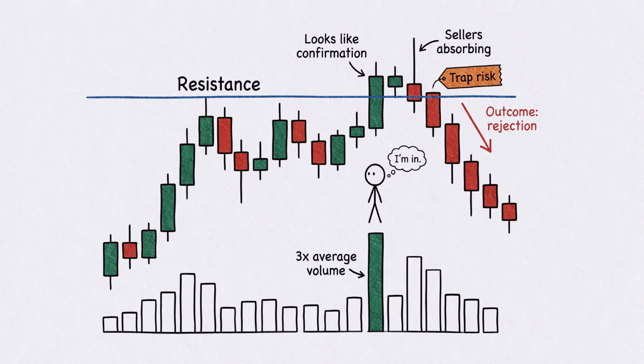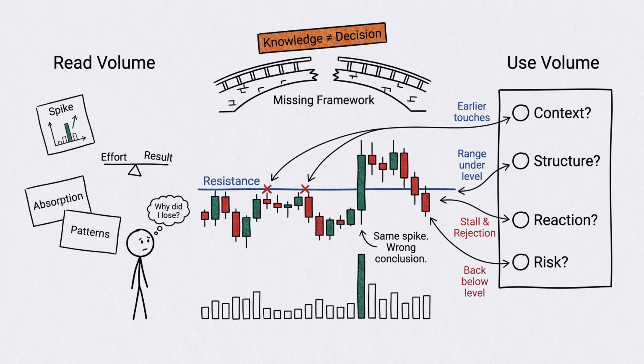But high volume at resistance can also mean sellers were absorbing every buy order at that level. The participation was real. The outcome was rejection, not continuation. This is the gap most traders never close. They learn to read volume, effort versus result, the key patterns, but they never build a framework for using volume